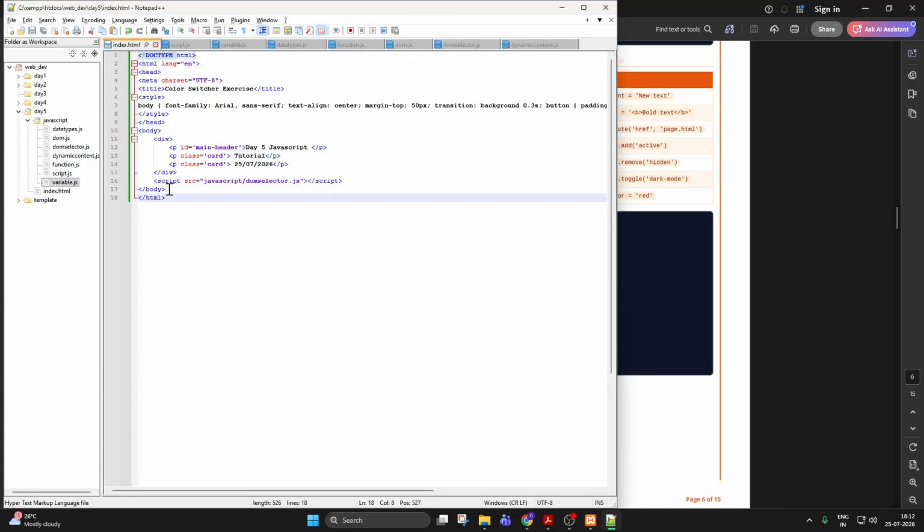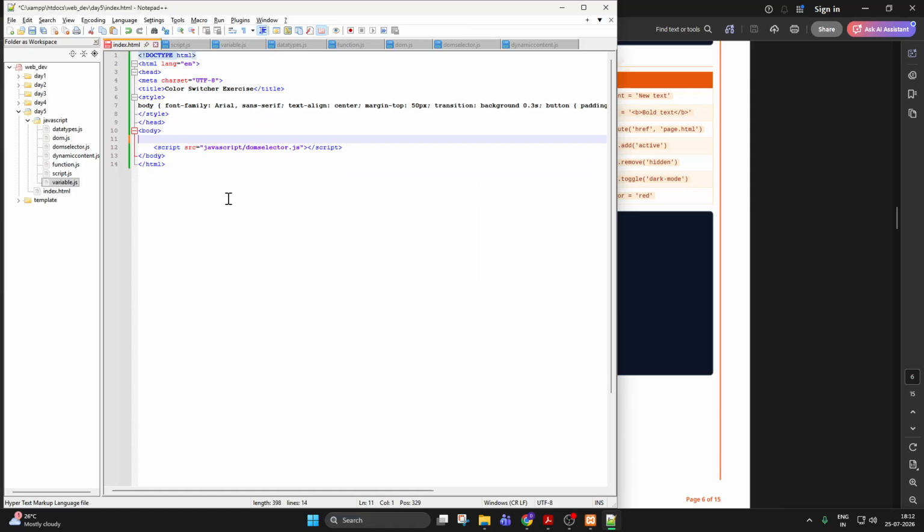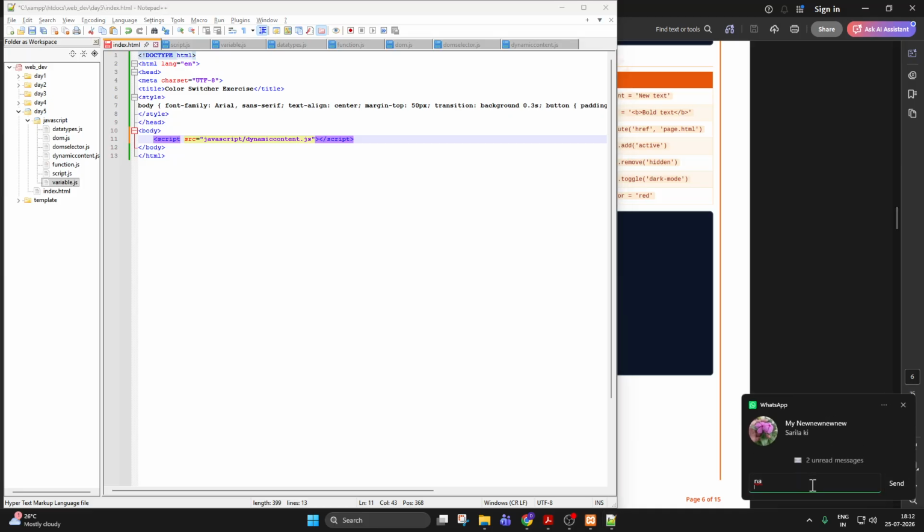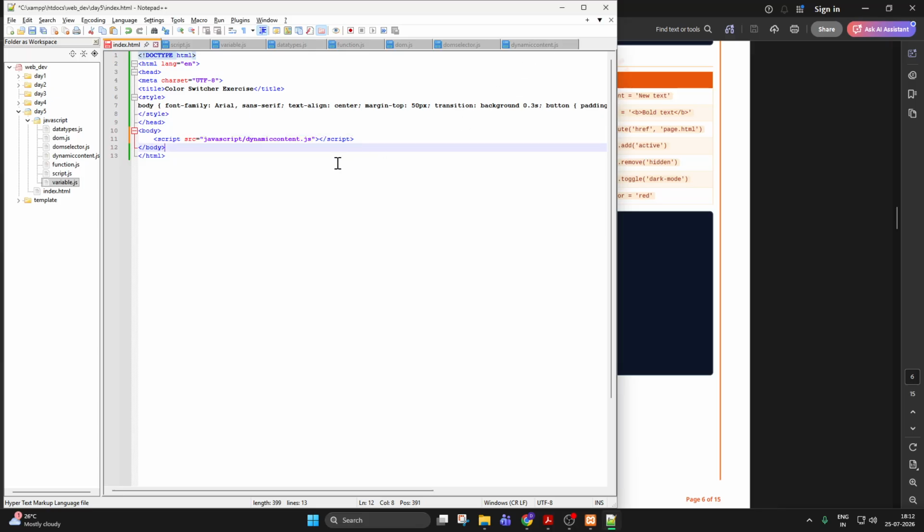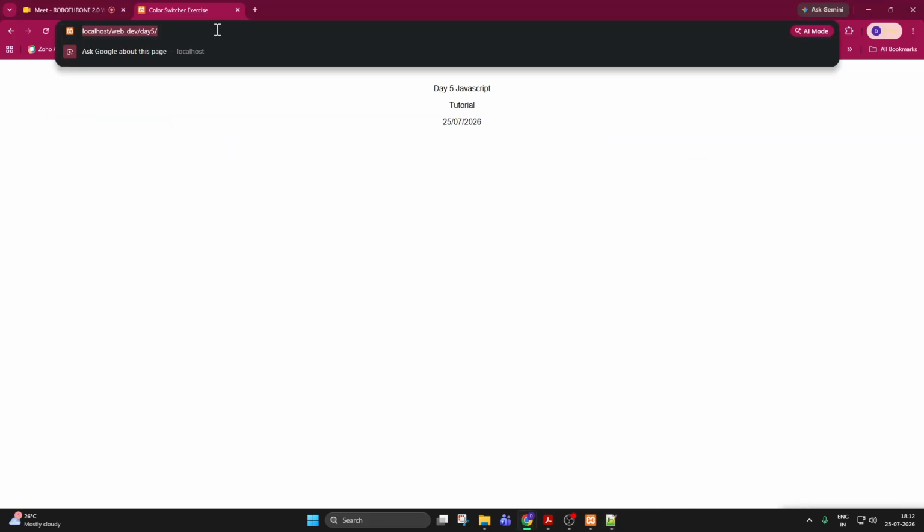Go to index.html, delete all these values. I have to just call the script file, and the name of the script file is dynamic content. Okay, sorry for the interruption. Dynamic content. Just save it and go to your web browser, refresh the web browser,